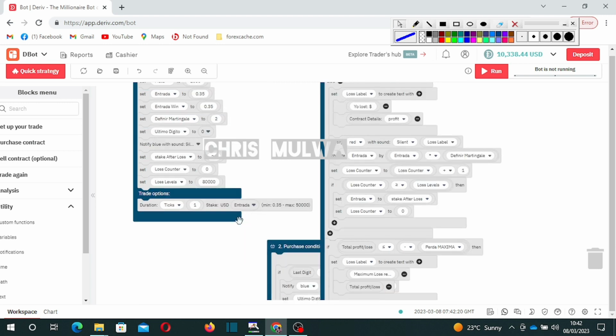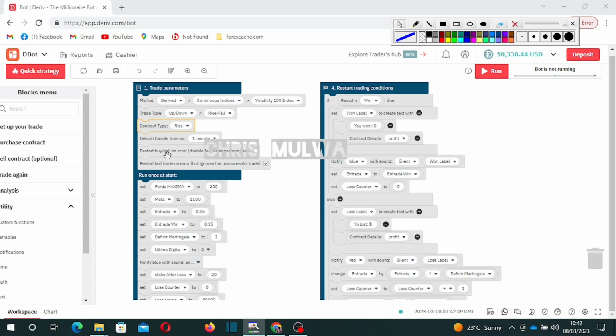Then for the stake, when you put one, or for the ticks, sorry, the ticks here. Here is the ticks. So select one. The duration, that is trade option. Use tick and